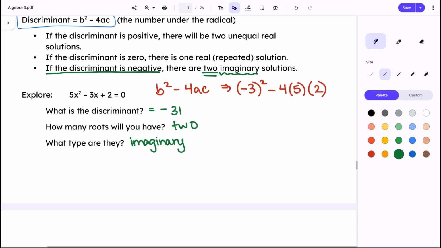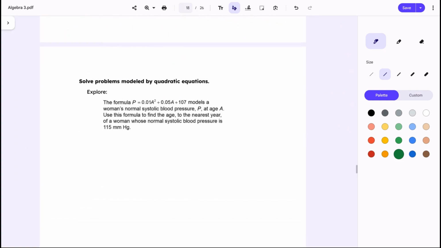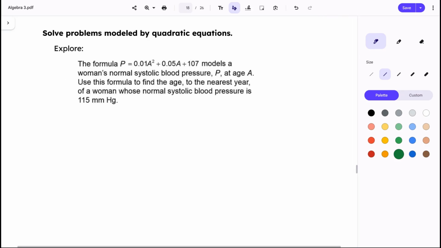Okay, the last problem we have here is taking what we've been working with in our quadratic section and just applying it to a situation. This one is giving us this formula, and it's just modeling a woman's normal systolic blood pressure. The blood pressure is represented by the letter P, and the capital A is representing her age. They want us to use this formula to find the age to the nearest year of a woman whose normal systolic blood pressure is 115